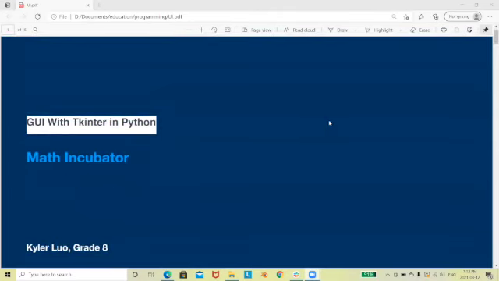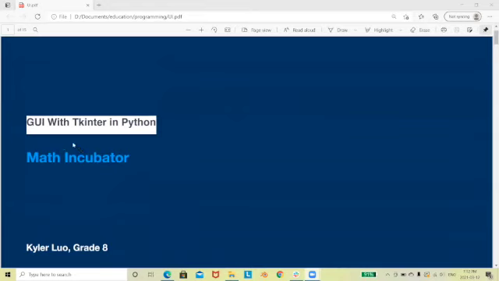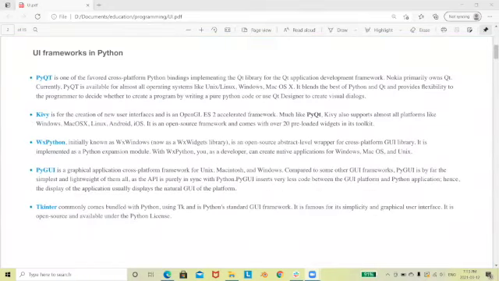Okay, so the UI with Tkinter. Once again, there are many UI frameworks in Python. So this one,